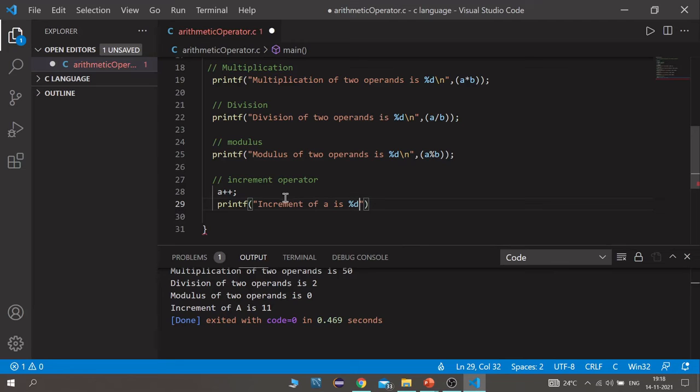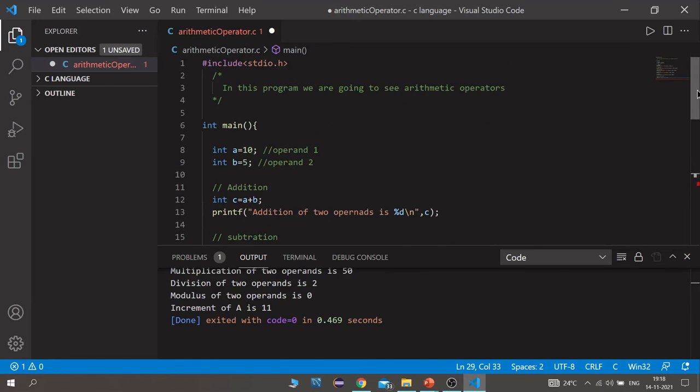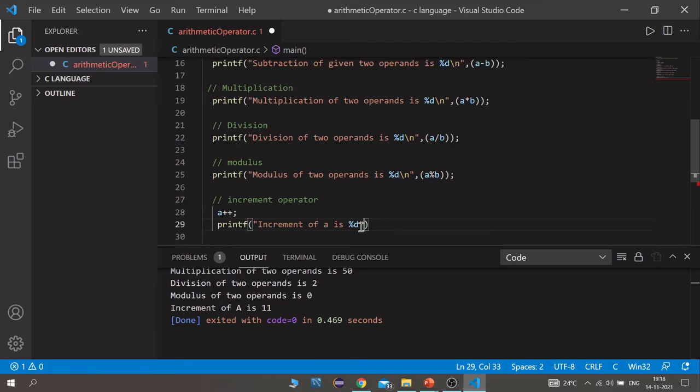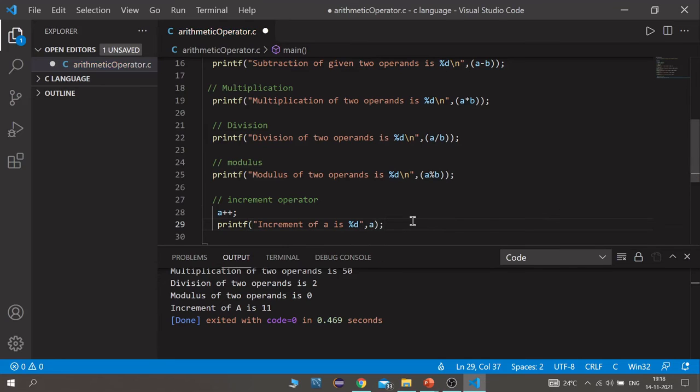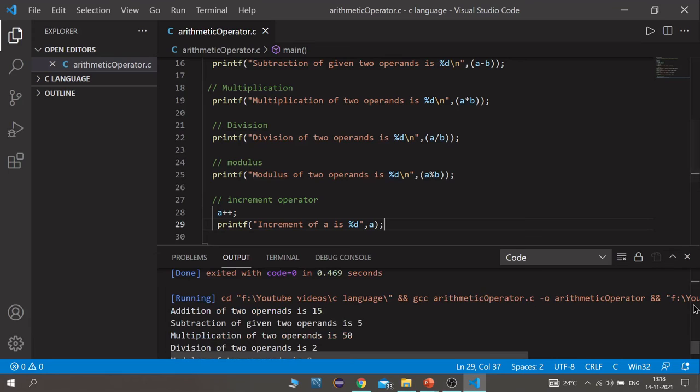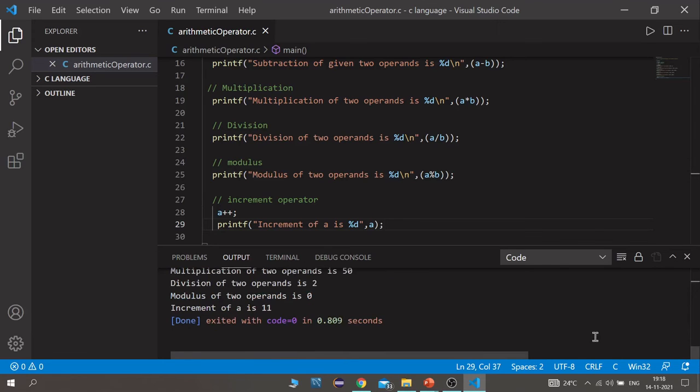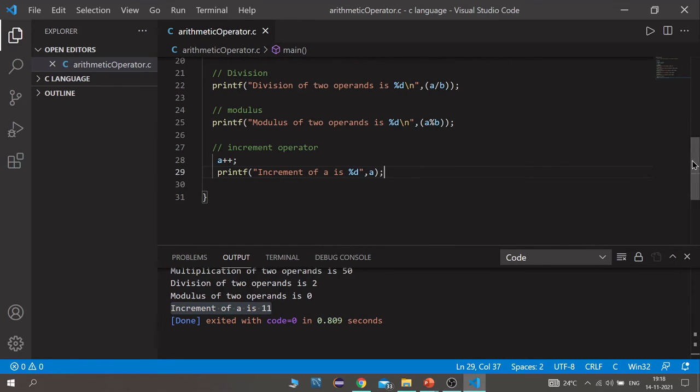We have incremented the value of a here by 1. So first it was 10, now it will be 11. So let's write comma a and give a semicolon. Save this and let's run this program. Here you can see increment of a is 11.